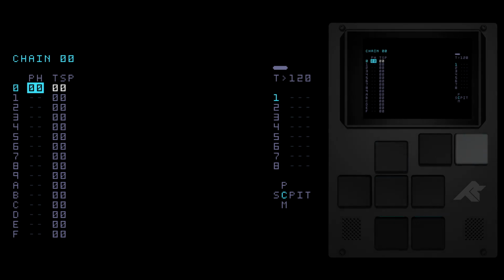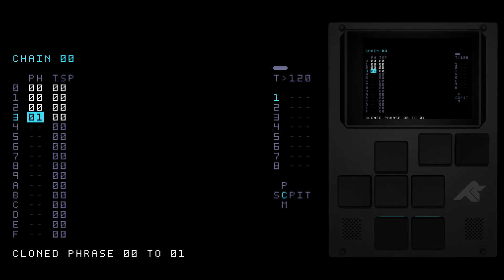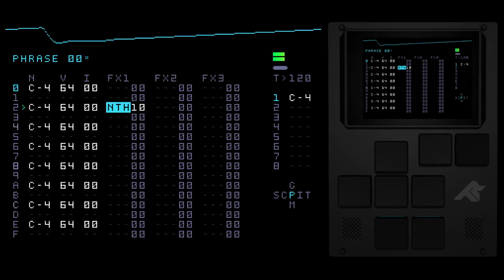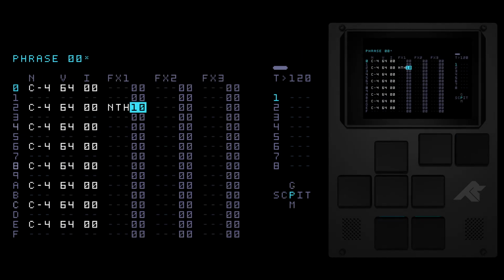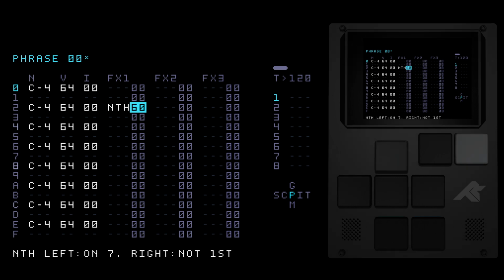For, let's say, if you had 4 measures here, or 4 phrases here, you could do something where it only triggers on the 4th phrase without having to duplicate that and customize it. It's really great for drum programming, especially because you can do a little fill, etc. But yeah, so